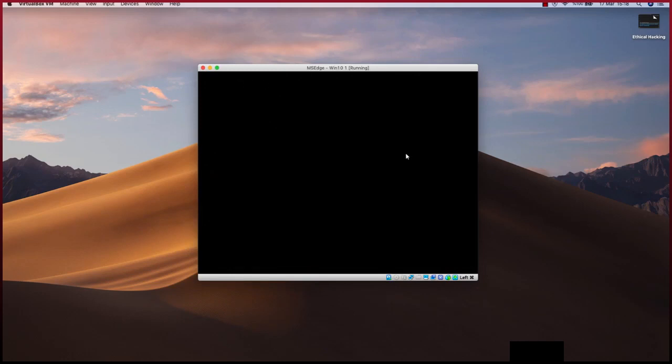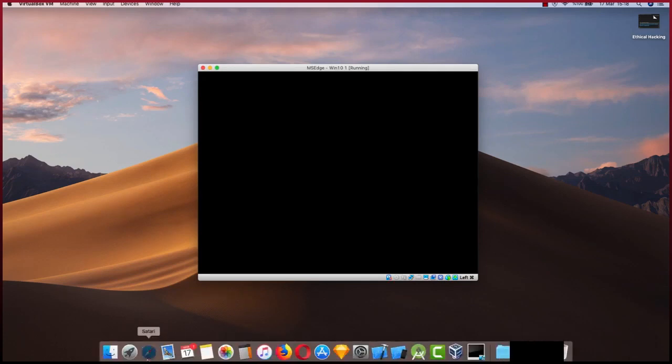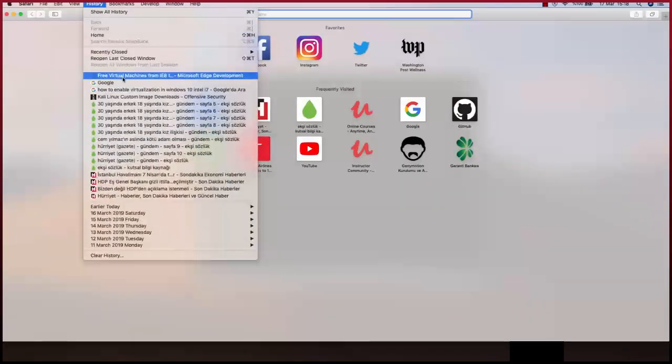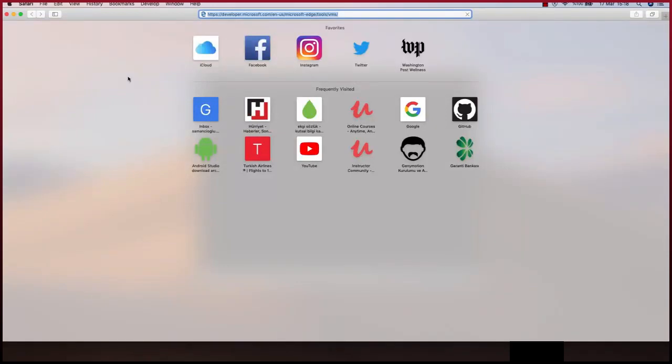So when it's opened, it should ask you for a password. But if it doesn't, it means that it will ask you for a password when you reboot it, when you close it and open it one more time. And you may get the latest password from the Microsoft website that we have downloaded. So let me see if I closed it. Yeah, I closed it. Let me go to history and open this